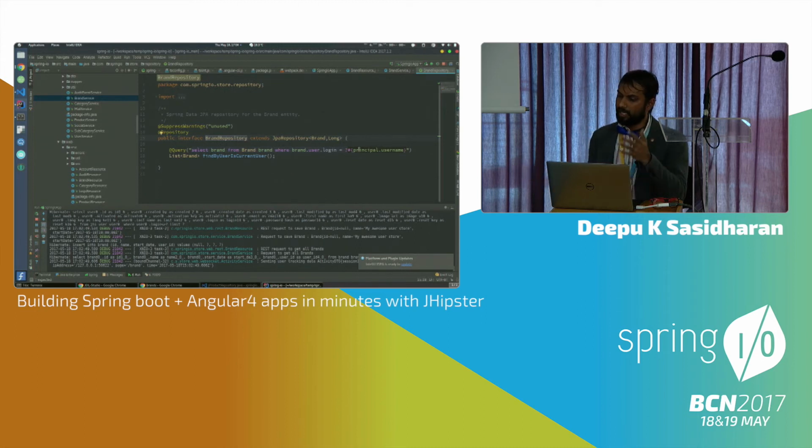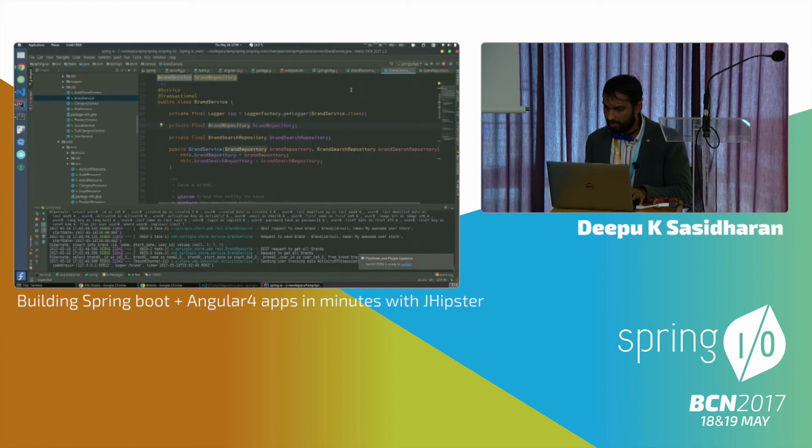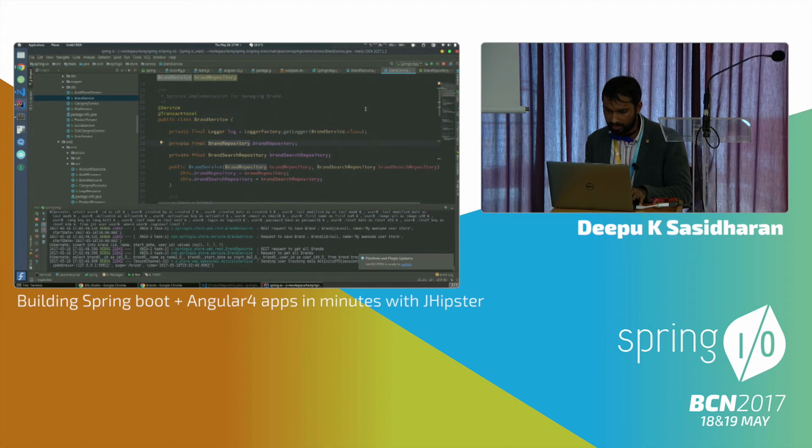And it uses the Spring Data magic to do that. So this is a Spring Data repository, so you don't have to do any implementation for this. You only write an interface and Spring Data generates an implementation for you, which is like awesome, just like Spring Magic. So you changed your brand service to,